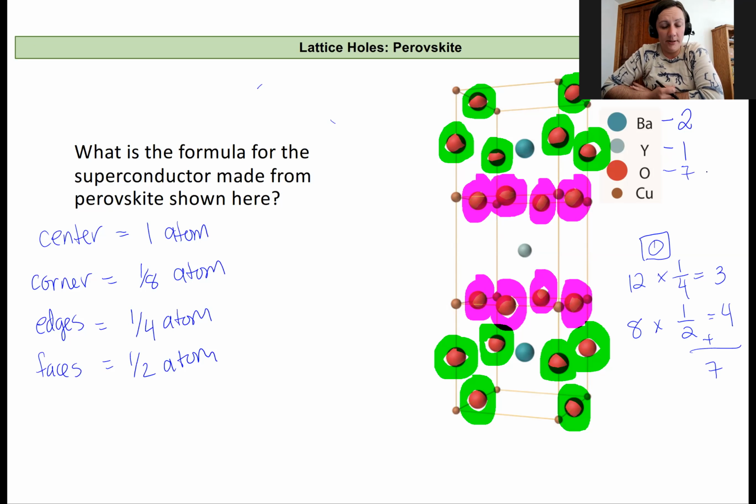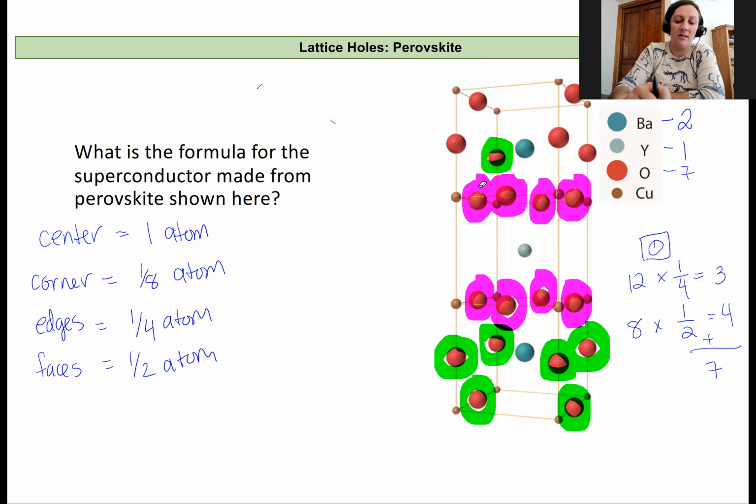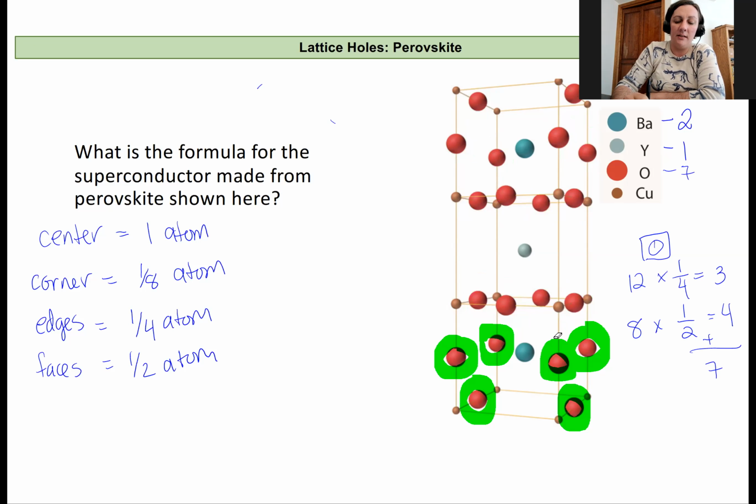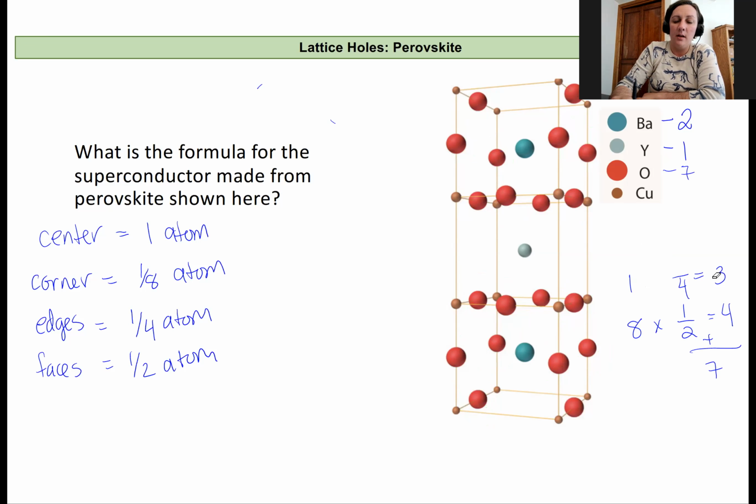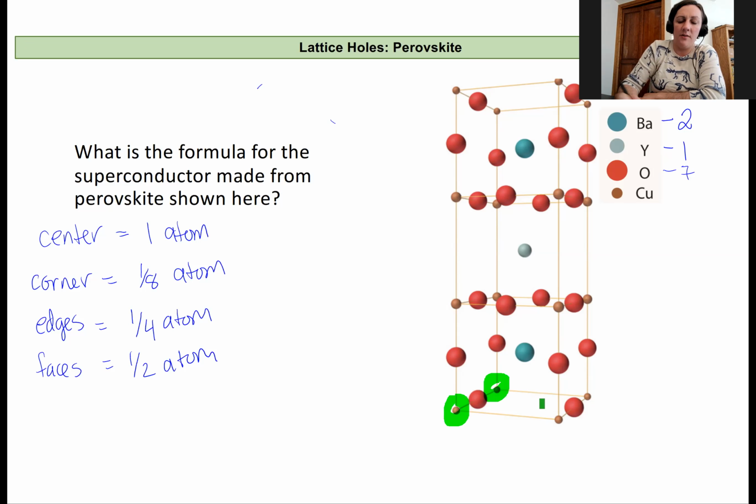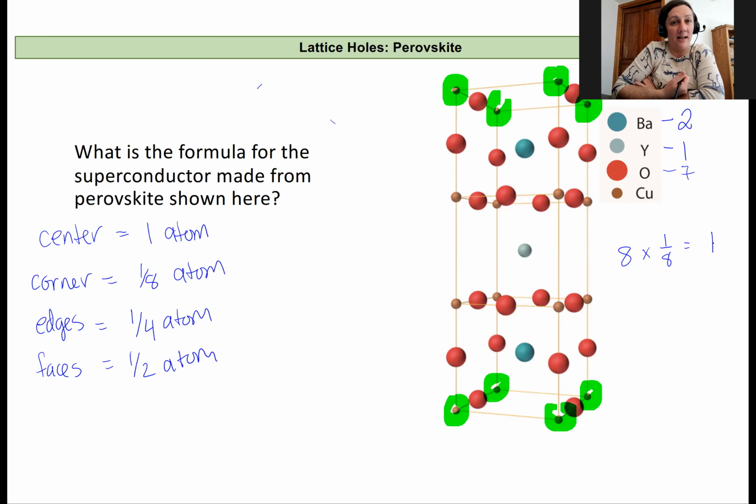Now we're going to look at copper. I'm going to do a little erasing to make this easier to see. The copper atoms are the small brown spheres in this structure. And our job, just like with the oxygen now, is to count those up. So we have 4 on each corner. Let me highlight them. 1, 2, 3, 4 on the top and the bottom. So those will each be for a corner. They'll be shared with 8 other unit cells. So I've got 8 atoms that I have 1/8 of each for a total of 1 atom for those parts